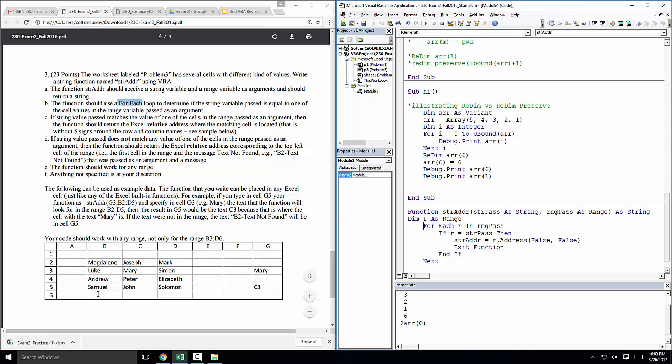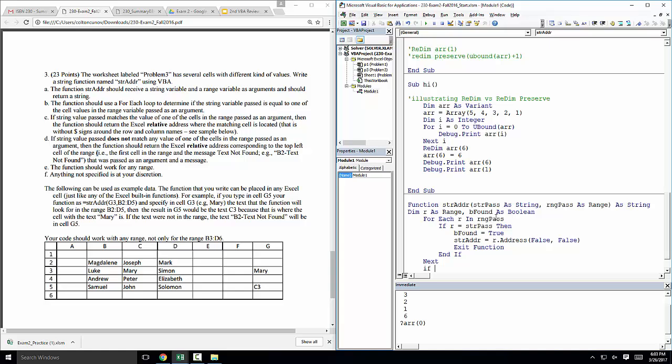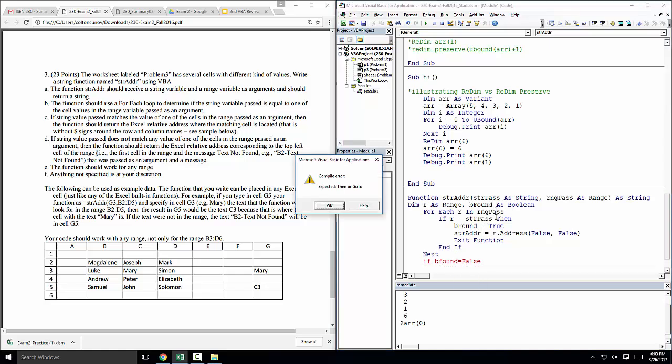So if we go through each one and we don't find the one we're looking for, we want string adder to be something else. So what do we want? It says if it doesn't match any of them, it should return the Excel relative address corresponding to the top left of the range. You can do it two different ways. We'll say bFound as Boolean. If we find it, mark it as true. And then if we go through all of them and bFound is still false,